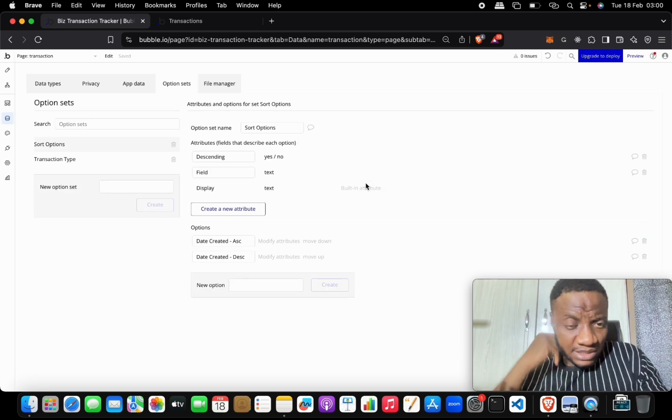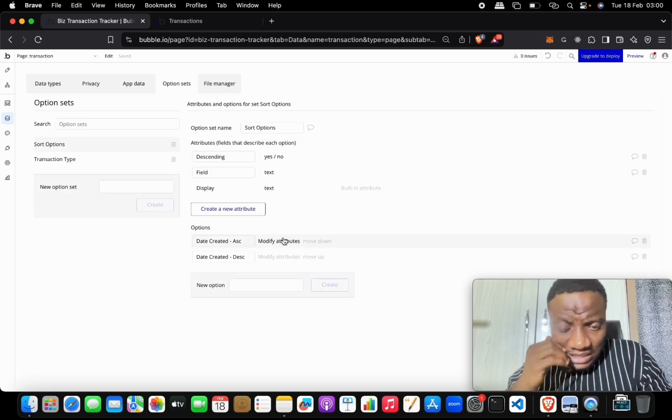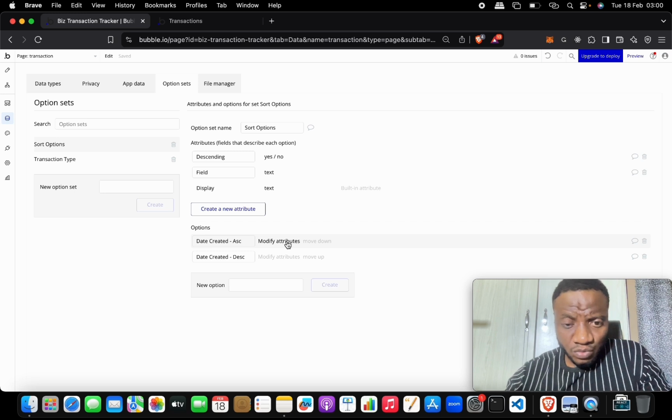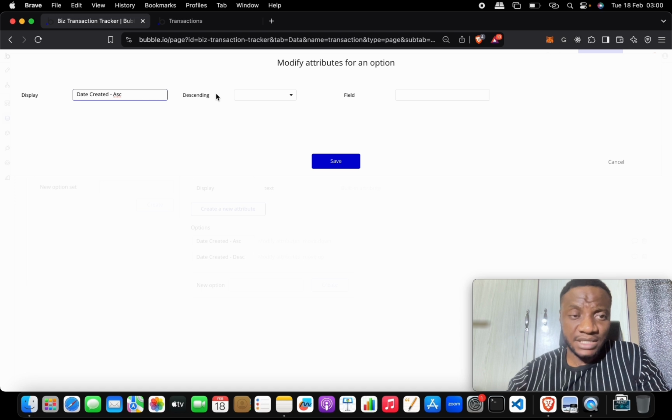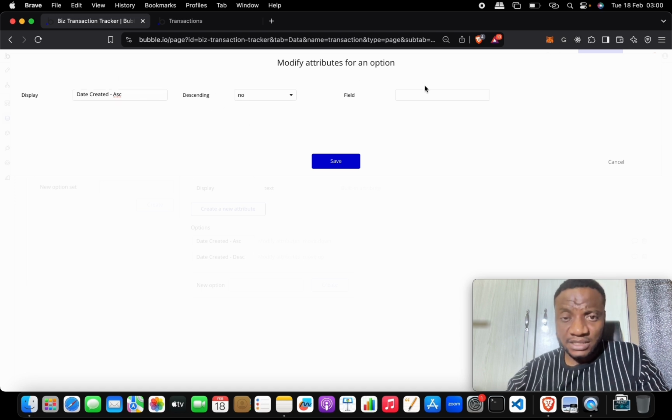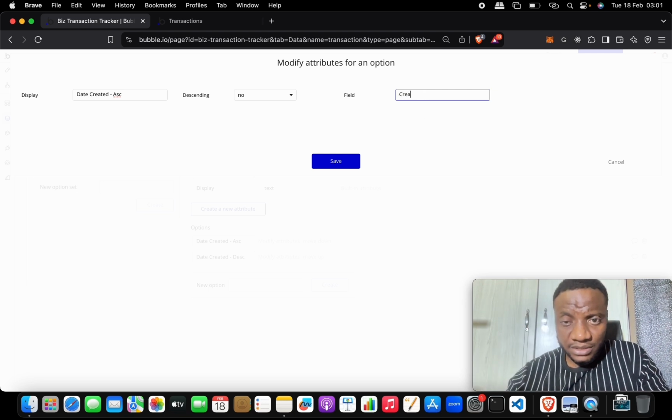So now that we're done creating it like this, the next thing we want to set up is to modify the attribute. Okay, so to modify this attribute, we click on modify attribute. Then of course the display name would be date created ascending. So for descending, we'll say no, which means it should be ascending. And for the field that we are targeting, it is created at, so I hope